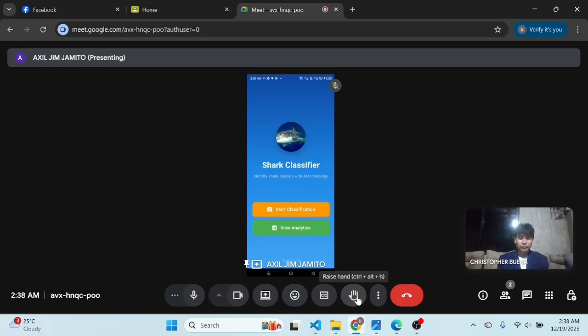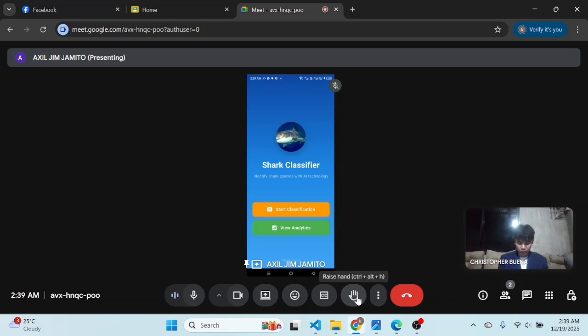The predicted species is displayed on the screen along with relevant information, allowing users to learn more about sharks interactively. Without further ado, let's proceed to the demonstration of the app.